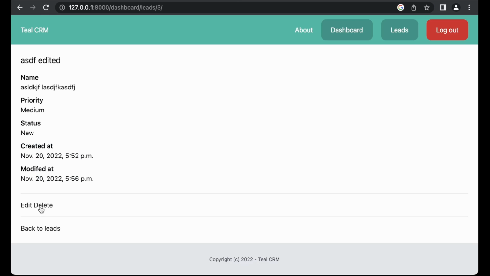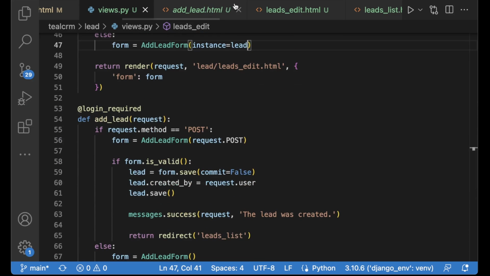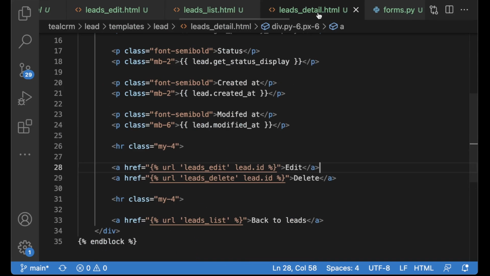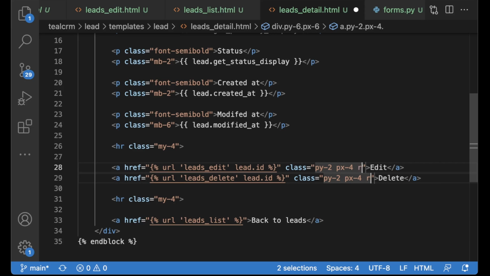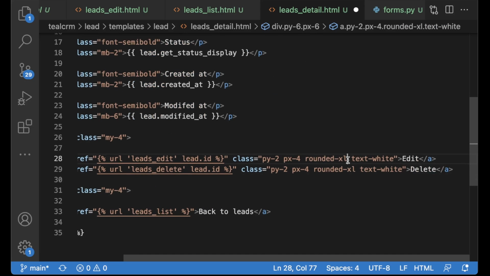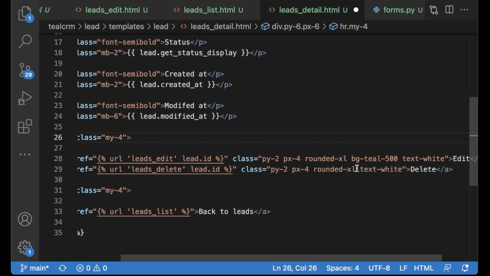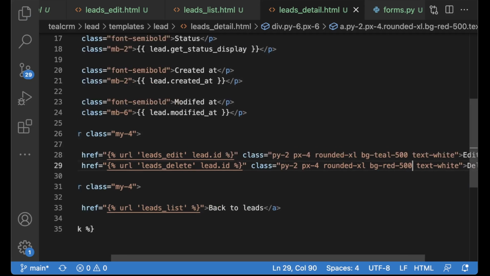So I just want to make sure that this button is green and this is a red button, so you don't mistake these two. So let me just go into the leads detail page, class, then we need some space on both of these, py2, px4, rounded-xl, text white, and I want the button on top to be bg teal 500, and this one to be bg red 500, and save.